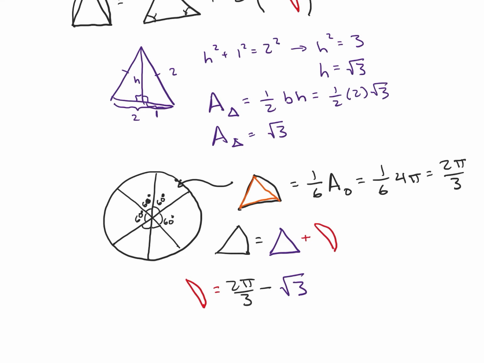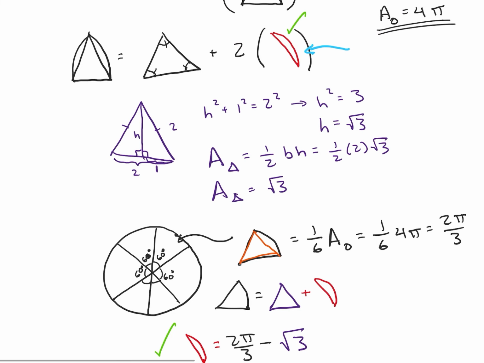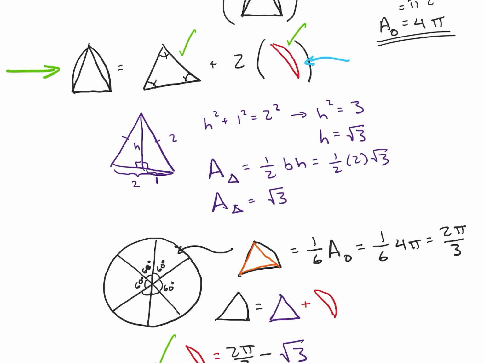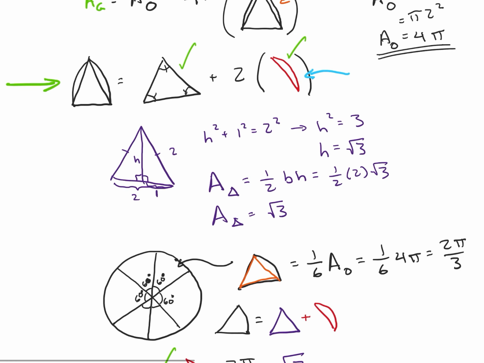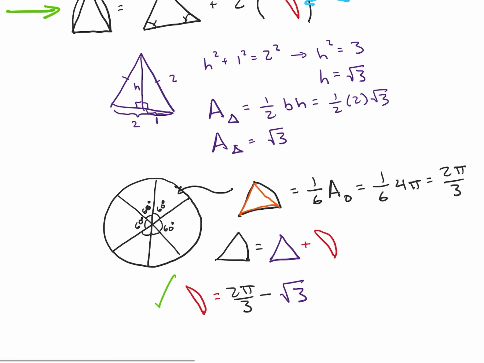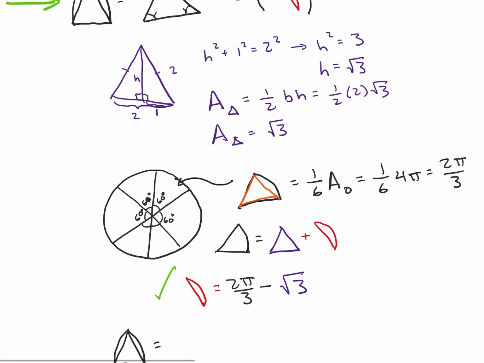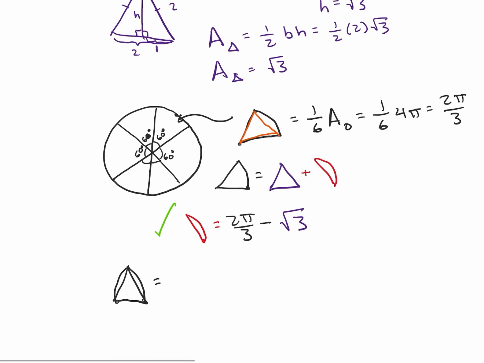So what have I got here? Now I have the area of this little piece here. I have the area of my triangle, which means that I now have the area of this whole region, so I can calculate my overall area up here. So let's go ahead and look at that. The area of my region right here is going to be equal to the area of my triangle, which is the square root of 3,